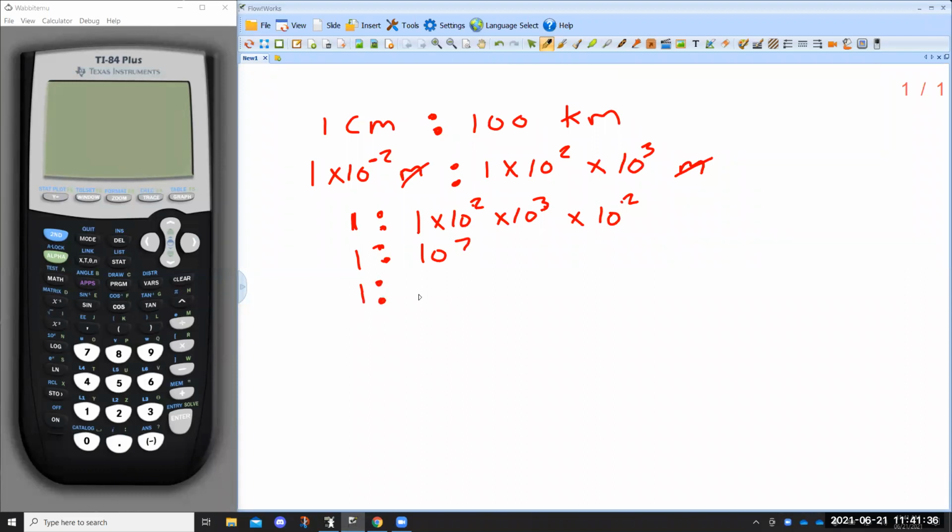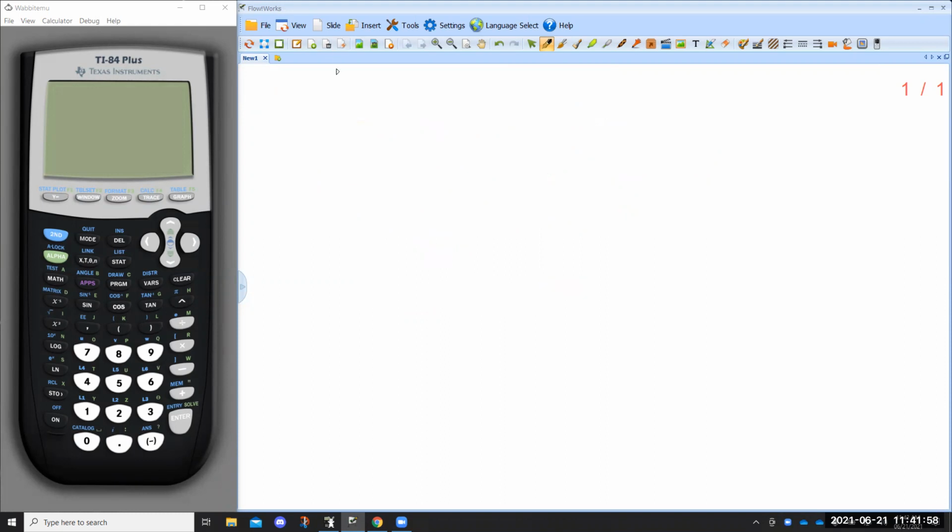Or 1 to 2, 3, 4, 5, 6, 7. 1 to 10 million. Right, that's my scale, 1 to 10 million. So that was problem number 43. 44 is quite a bit harder because it's in the engineering system, or